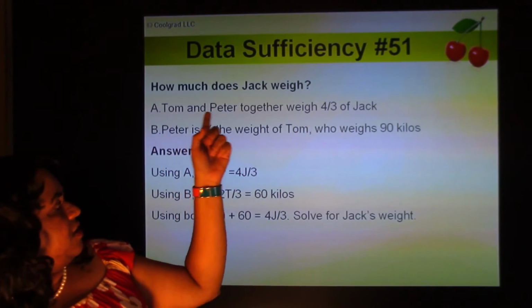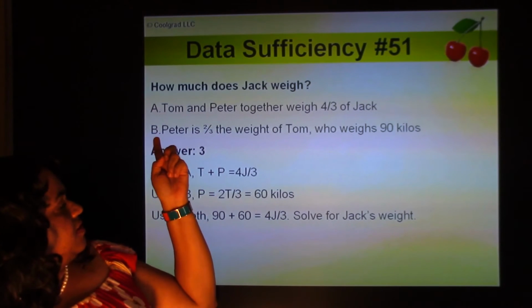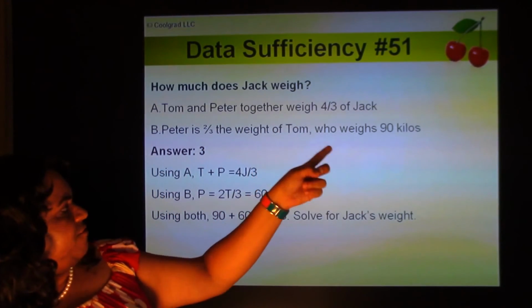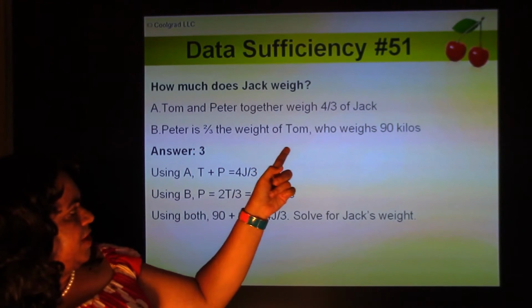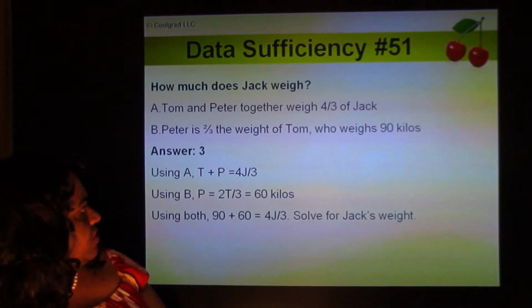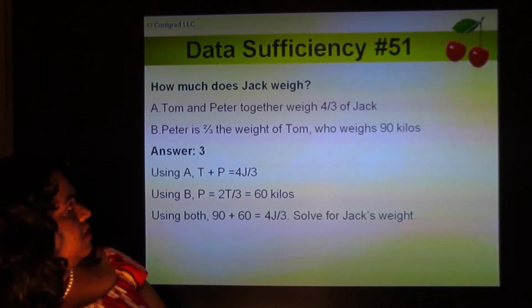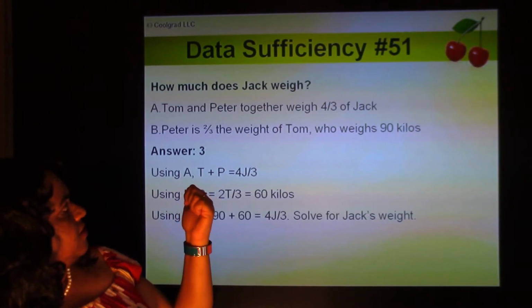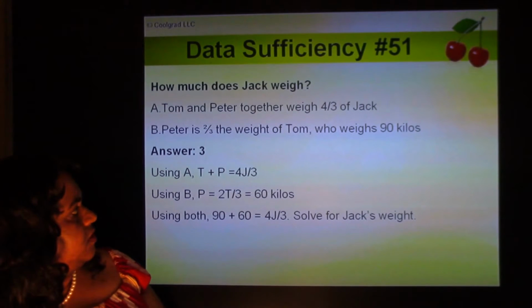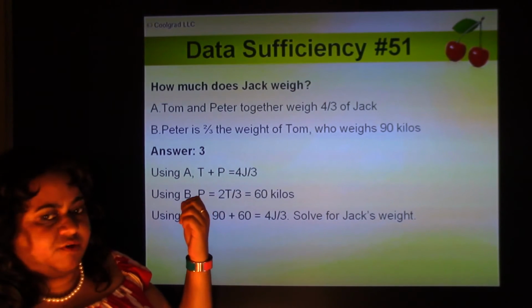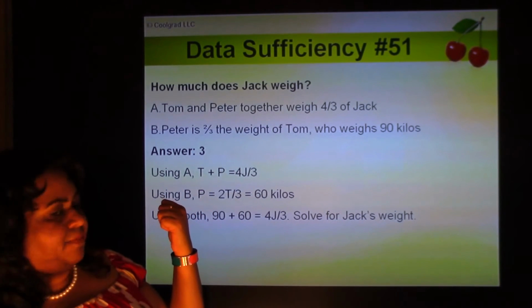Question 51. How much does Jack weigh? Statement A. Tom and Peter together weigh 4/3 of Jack. Statement B. Peter is 2/3 of the weight of Tom, who weighs 90 kilos. So using A, Tom plus Peter is 4/3 of Jack, and we can't solve for either of their weights individually. Using statement B alone,